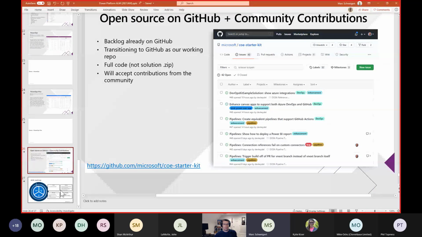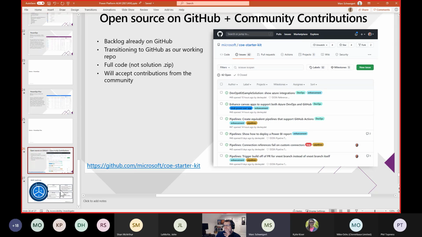And so I'll switch back to slides and just kind of summarize by saying that everything that we've shown, we are on a path to open sourcing. And not only open sourcing the two apps that Mike and I showed, but open sourcing all of the COE starter kit, right? And obviously being able to do good ALM over the COE starter kit is paramount to us being able to then open source it. And so we're going to learn as we go. We're not going to say that this is going to be perfect, but it is our intent to get to a place where we take contributions of all components of the COE starter kit, including what we've shown you today, but the other aspects of it as well, including contribution guides, et cetera.